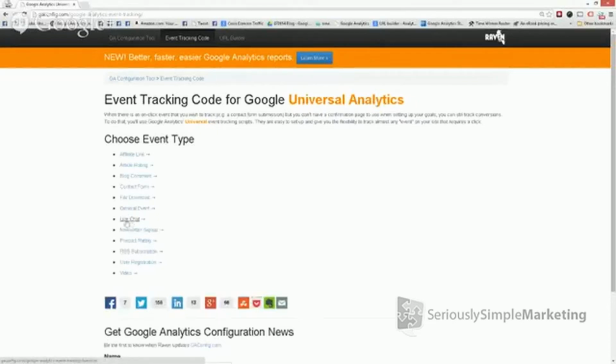So if you've got live chat, you can actually track when people do events on live chats. Sometimes, just as a little FYI, if you're using a third-party service, Wistia is one of them. Wistia will actually trigger an event whenever somebody hits 25%, 50%, 75%, and 100% of the view of your video. It'll report that in Google Analytics automatically for you. You have to set it up, you have to turn it on, but it will do that. And live chat systems like Olark will trigger events to let you know when somebody initiated a chat and when an actual chat took place. So you have those that you can track.